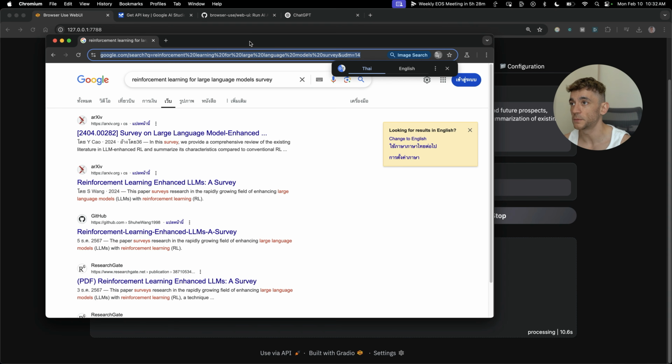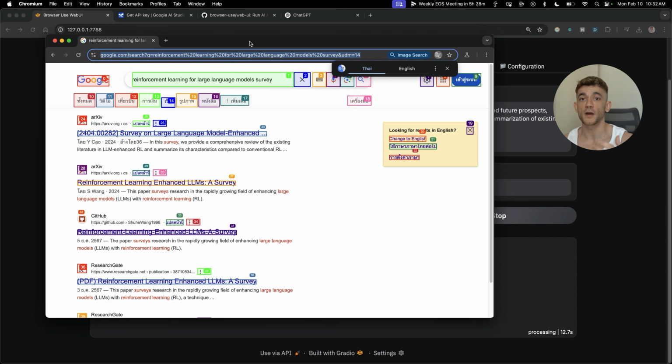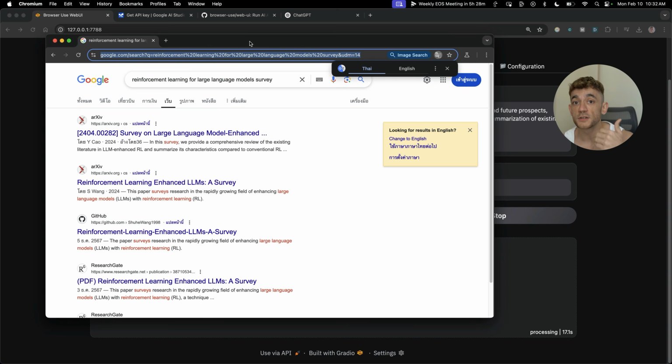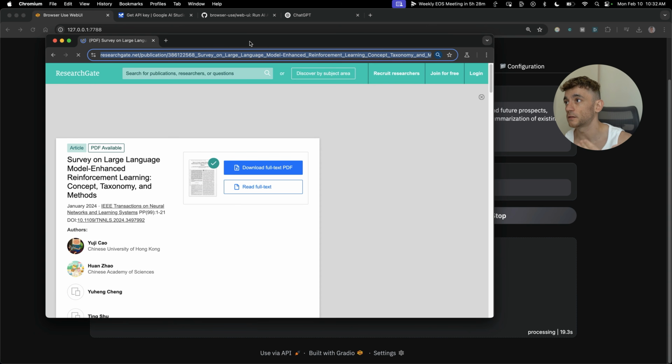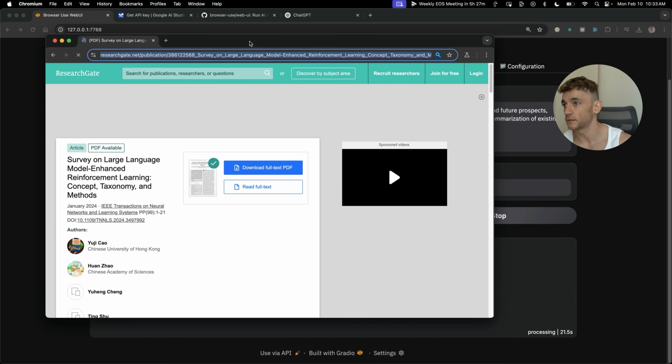So you can see now it's beginning to do the research. It's searching the web. This is the other thing: it's connecting Google's Gemini 2.0, which is not normally connected to the web, and then it's doing all the research, just browsing the web whilst we don't do anything. And the other cool thing about this is if you have it open in a different window, like you can see right here,